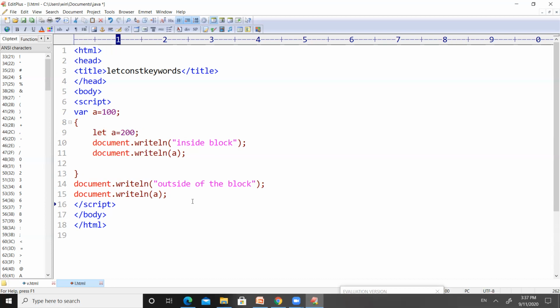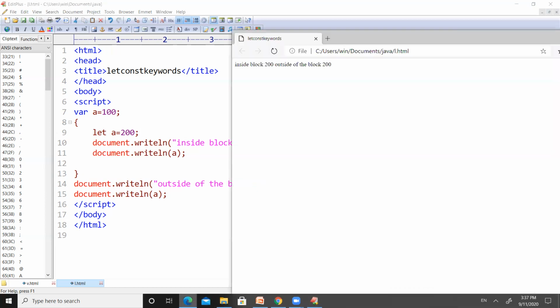So now observe what will be printed over the output screen. I am saving this code by pressing Ctrl S. Now I'm making a refresh here. If you make a refresh here, the values are updated. Inside the block, the value of A is 200, and outside of the block, the value of A is 100.